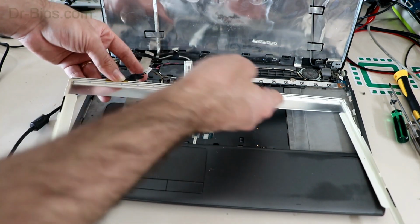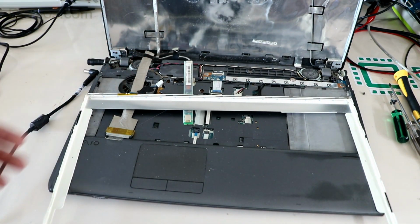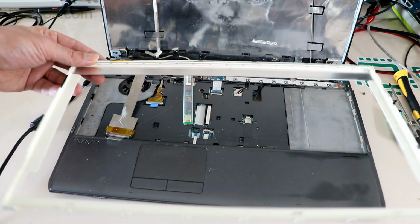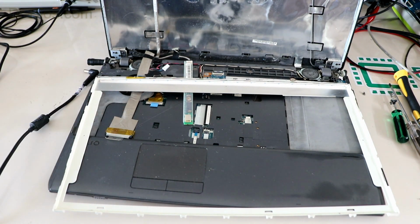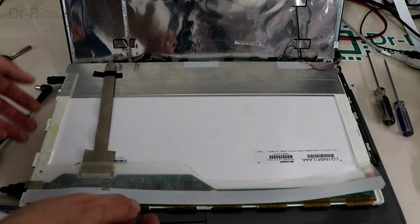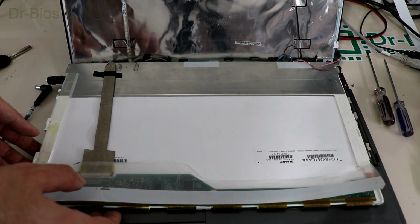But the problem in this laptop is the LED lights, and they can't be repaired by soldering. So I'll change the LED lights and the sheets. I can get them from a scrap broken LCD and repair the LCD. I had a broken 16.4 LED. As you see, I opened it as well